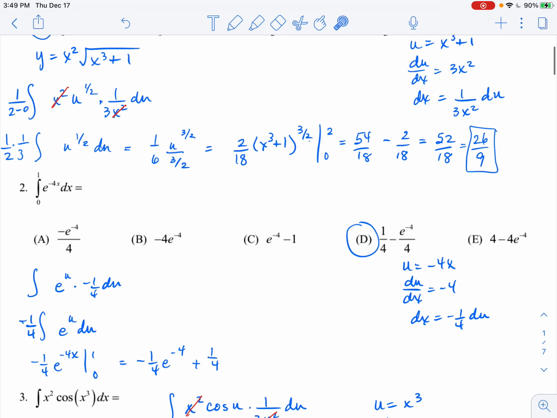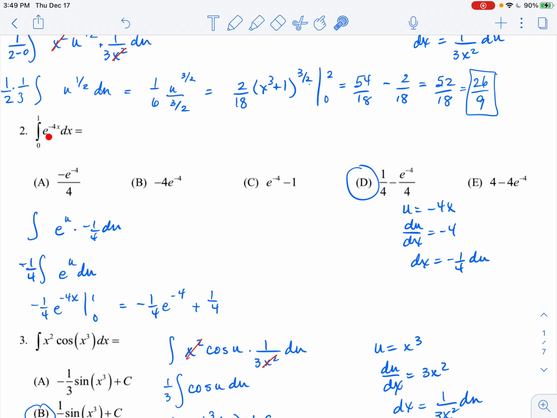Okay, let's take a look at number 2. Again, we have a complicated function here, e to the negative 4x. So let's let our u equal to negative 4x. The derivative of that would be negative 4, and if we solve for dx, that gives me negative 1/4 du. All right, so then I'm going to have,